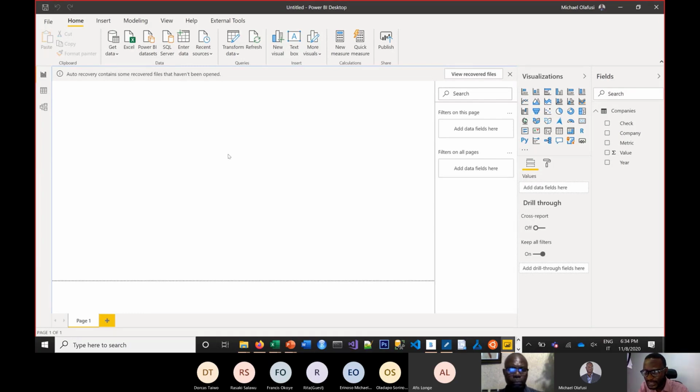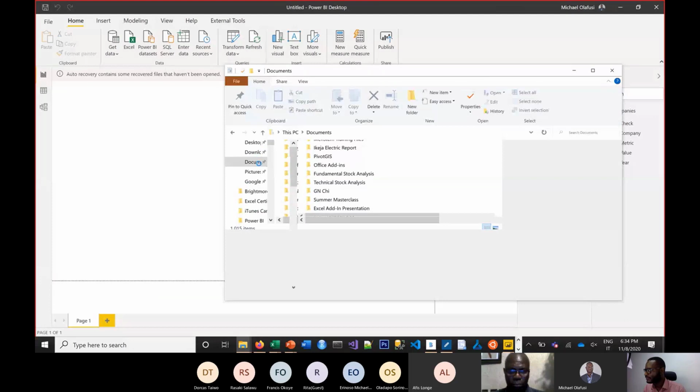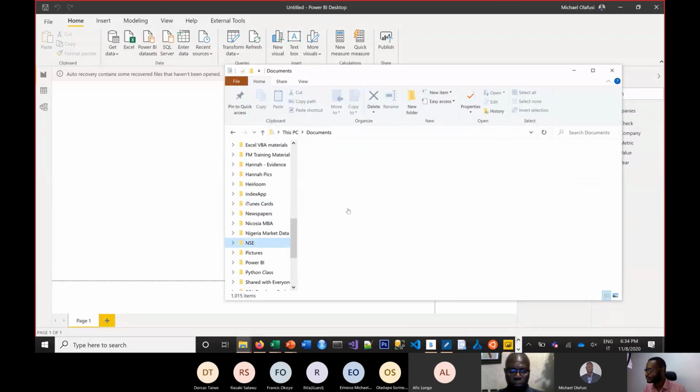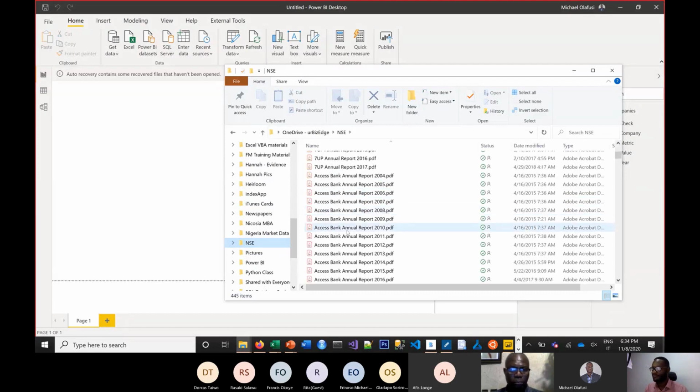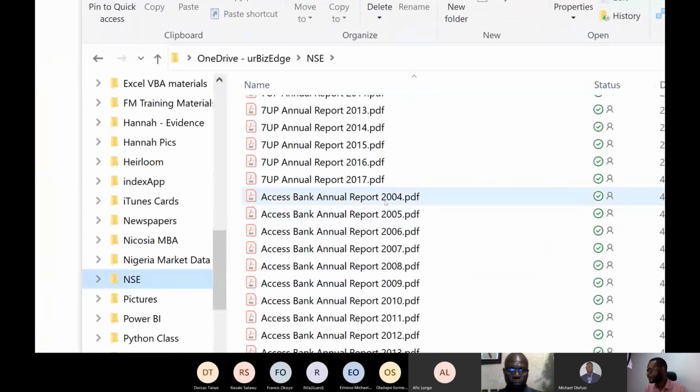Okay, so Mr. D is asking, I was going to ask you about the data source for this NSE. I was thinking you connected to a replicated database, or is it that you are using Google Sheet to handle the larger data set? The data set is actually coming from a PDF document. Let me see if I can show you. So I have here a PDF of annual reports going as far back as